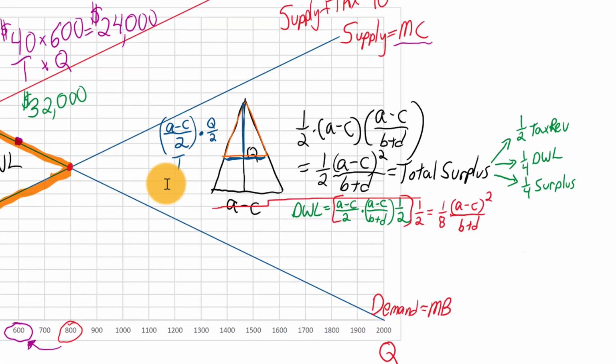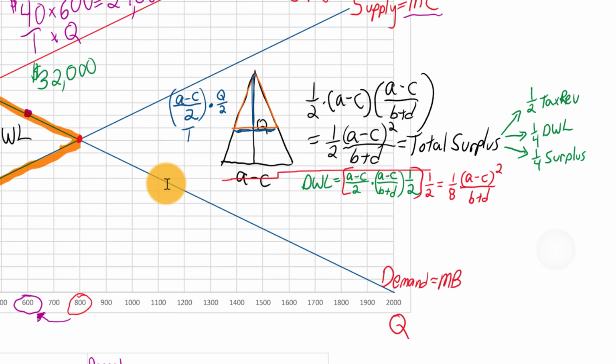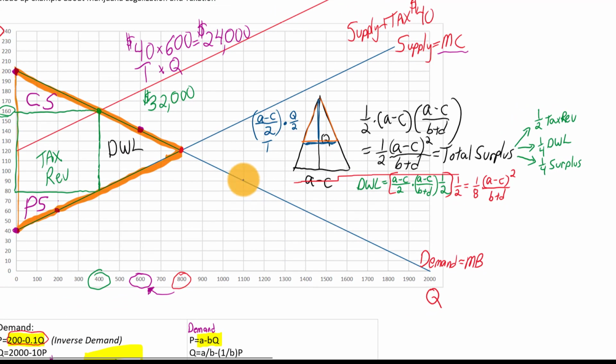If you're still watching, you must appreciate some of this a little bit too. But to me, this is a very elegant and interesting result, that no matter what the slope of supply or demand or the y-intercepts, the tax revenue maximizing tax rate is going to capture half of the total surplus. It's going to create a deadweight loss that is 1/4 of the original total surplus. And then 1/4 of the original total surplus will still be either consumer or producer surplus. Fascinating that you end up with such a simple idea.